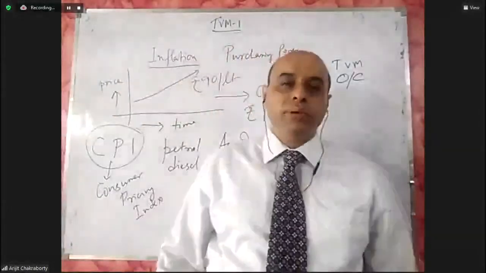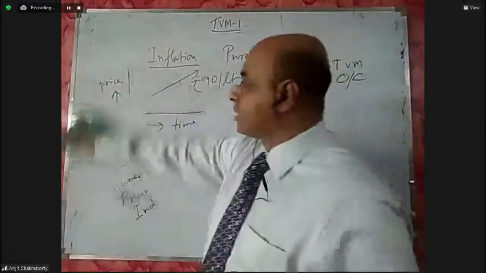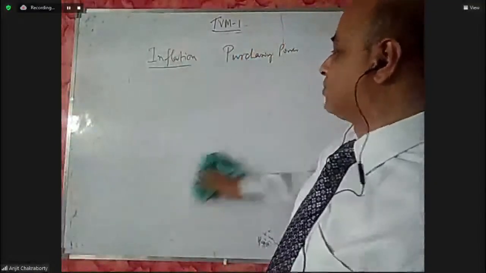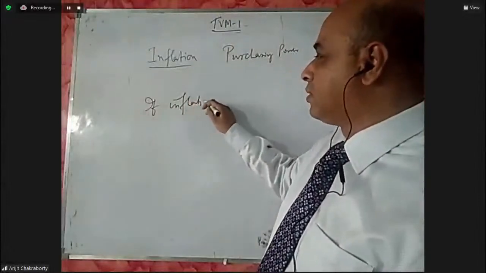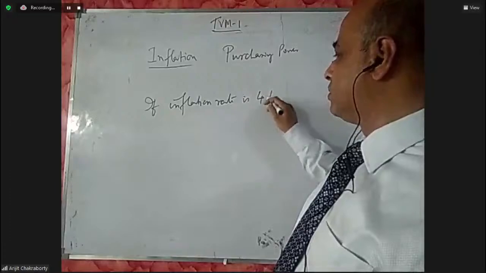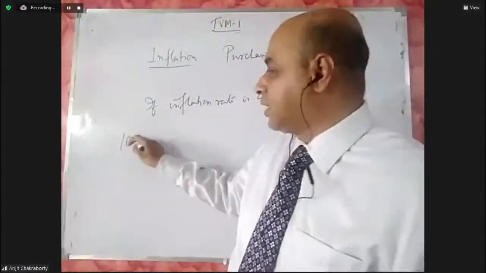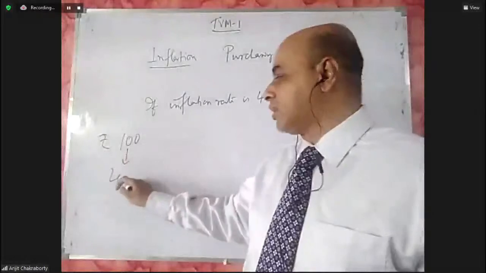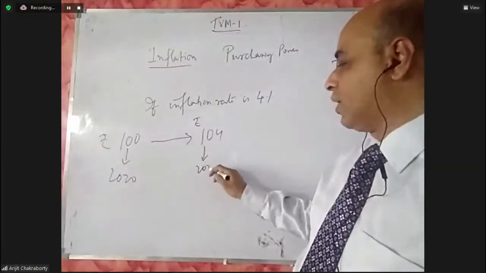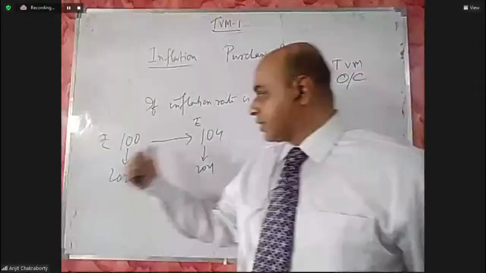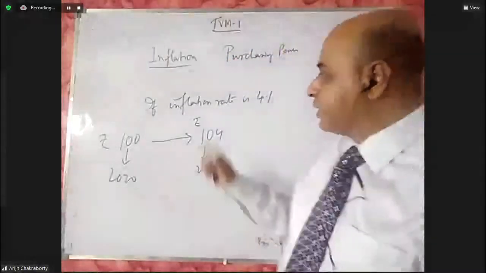Third is, definitely we must understand that if inflation, now I'll just give another example, and I'm sure you will understand that simple example and you will be able to give the right answer. Now, if inflation rate is 4%, that means, say for example, the price of a particular commodity last year was 100 rupees, and this was in 2020, and the same commodity is available at 104 rupees in 2021. So we can say there is a rise in price of 4%. So if the inflation rate is 4%,